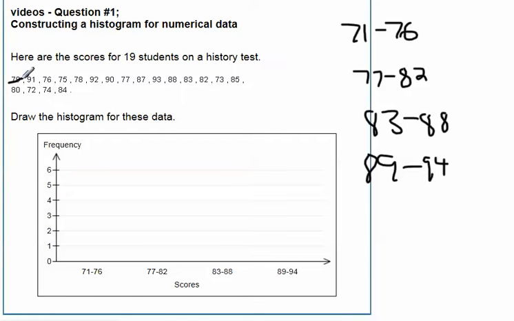So you would say, okay, 79, I've used that because there's one of those. 91 would go here. 76 would go here. 75 would go here. 78, 92, 90, 77, 87, 93, 88, 83, 82,